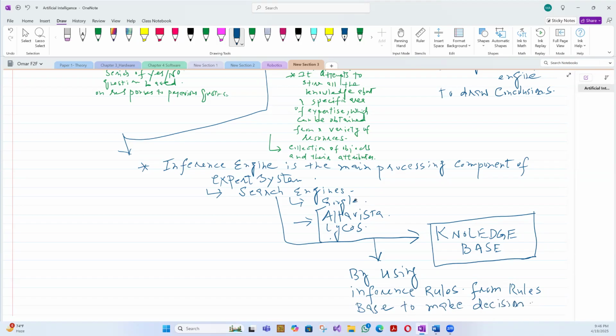Inference engine, that is the main processing component of the expert system. It acts like a search engine. By using inference rules from the rules base, it searches the data from the knowledge base part of the expert system. And we know the knowledge base is a repository which contains the facts,